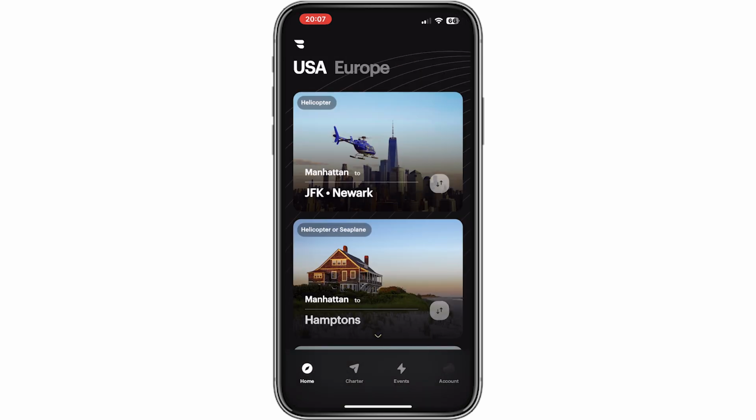So this is in a nutshell the guide step by step for beginners on the Blade